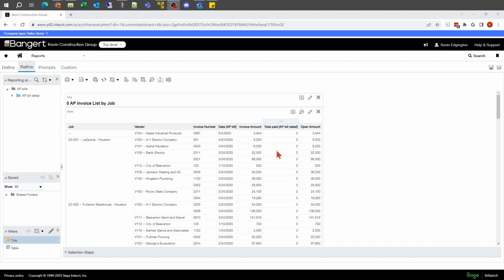Probably the most common use of colors that I've done is GL budgets in relationship to their amount for that budget, or projects where I could show a cost code that's getting within 10% of the budget. Maybe the job to date cost shows up as yellow, and if it's over budget, it shows up as red. That way it catches someone's eye just staring at the paper.